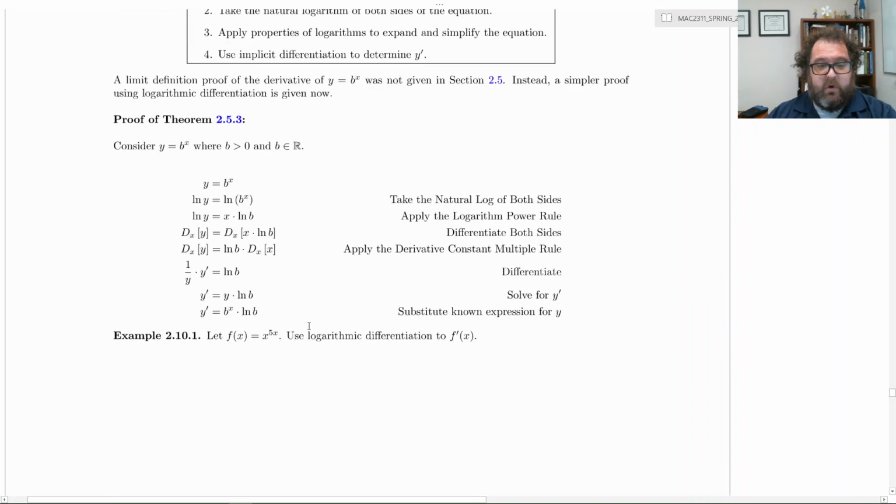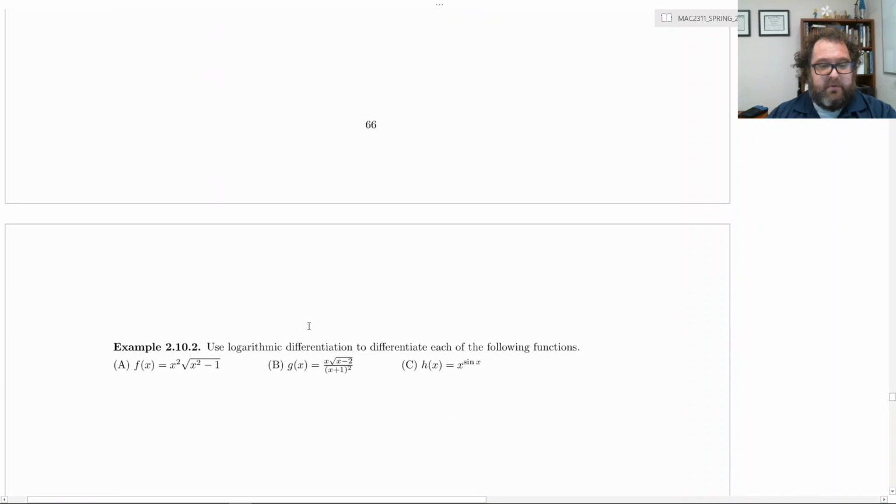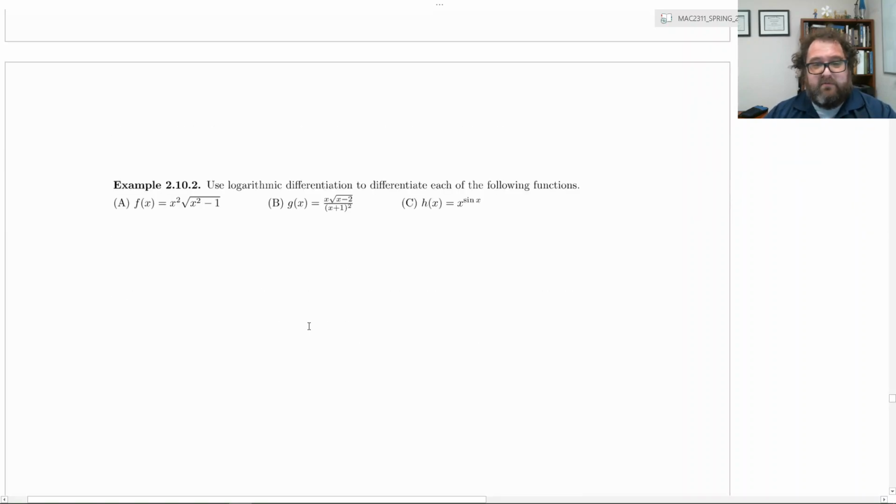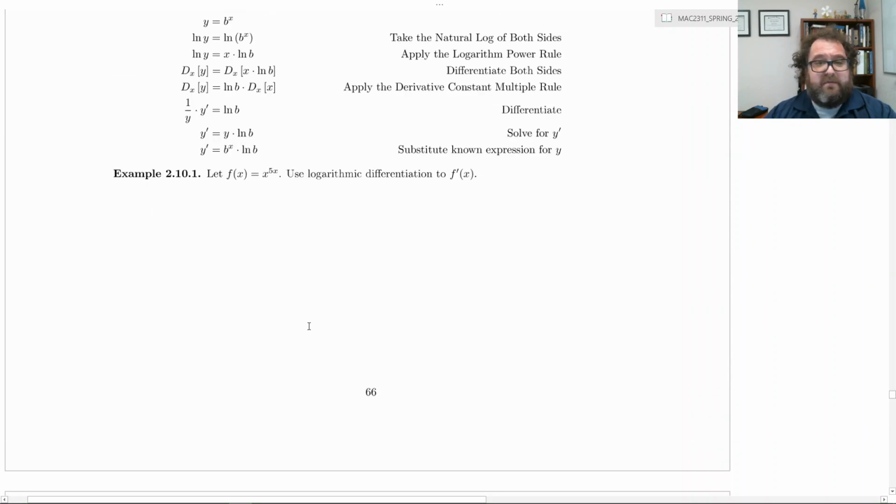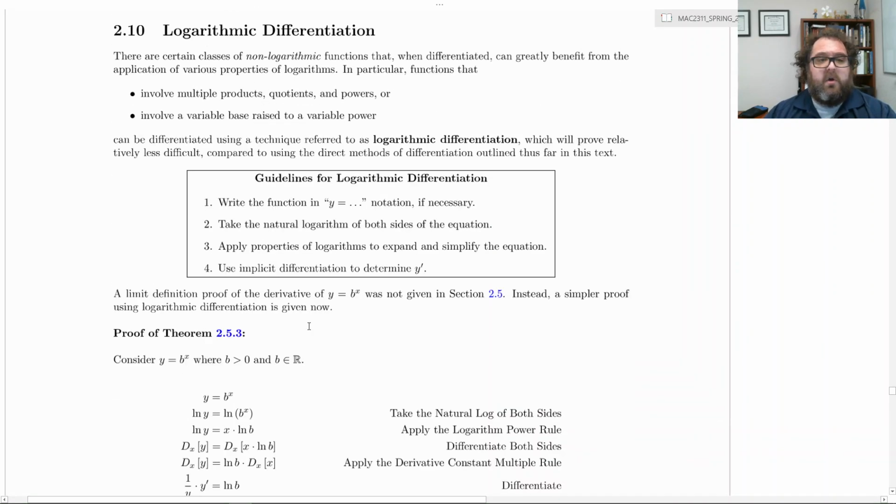Here, I'll just show you what I mean by that. Here's an example, like A and B here, where you have either a quotient or a product, and there's several factors on the top, or maybe several powers and factors. The first example A here, you have x squared times x squared minus 1, the radical, 1/2 power. So there we have several powers and several factors. That's what I'm talking about here. Whenever you have a function that involves multiple products, quotients, and powers,